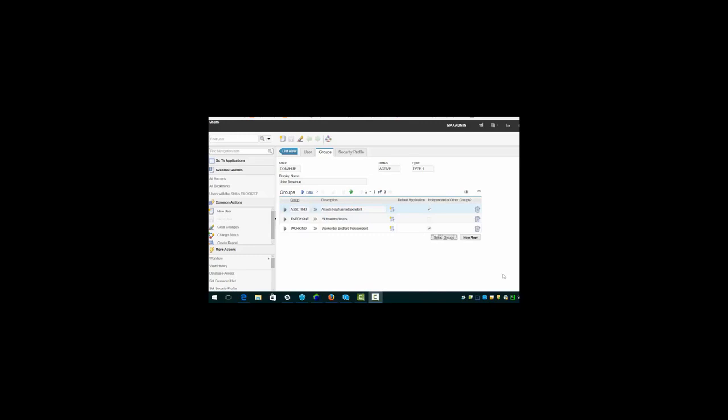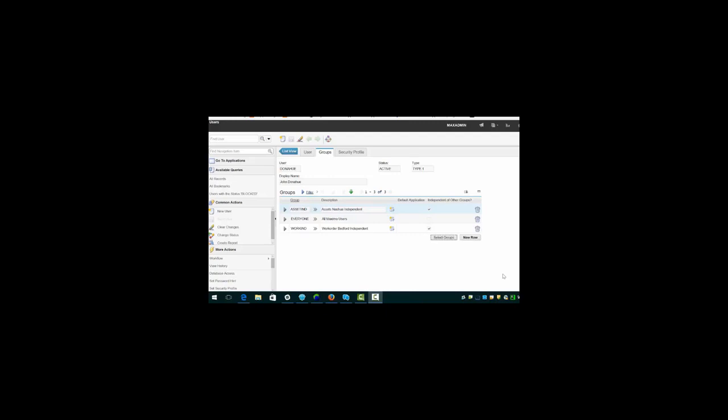Independent groups get added together while non-independent groups combine or merge application privileges. Non-independent security groups primarily are used when you have multiple sites. If you only have a single site, then you can usually just use independent security groups to set up your desired application level. In this example, I'm logged in as an admin user, and we're looking at a test user